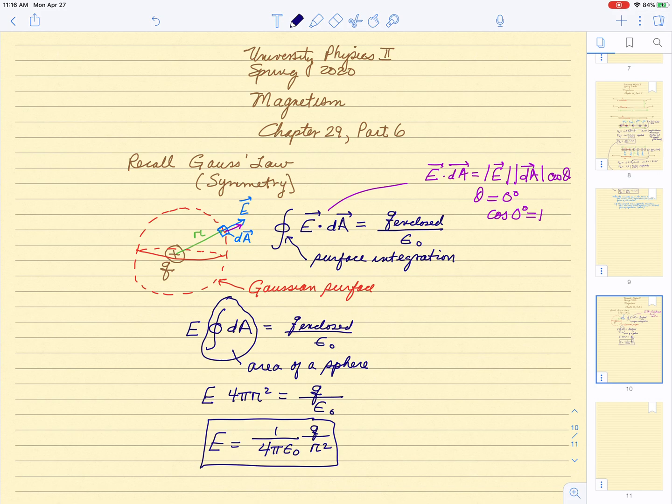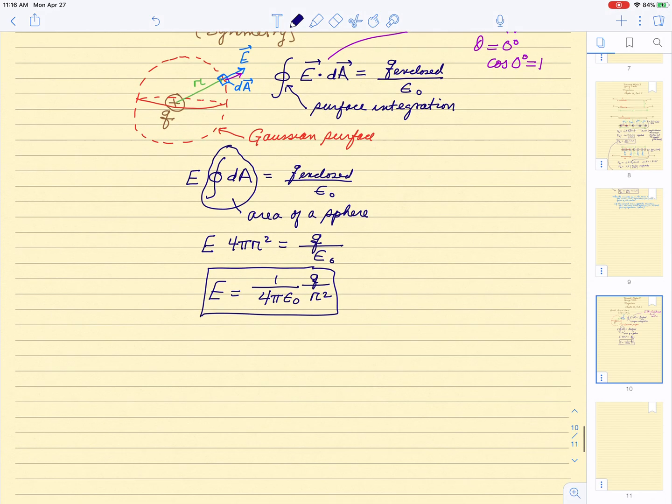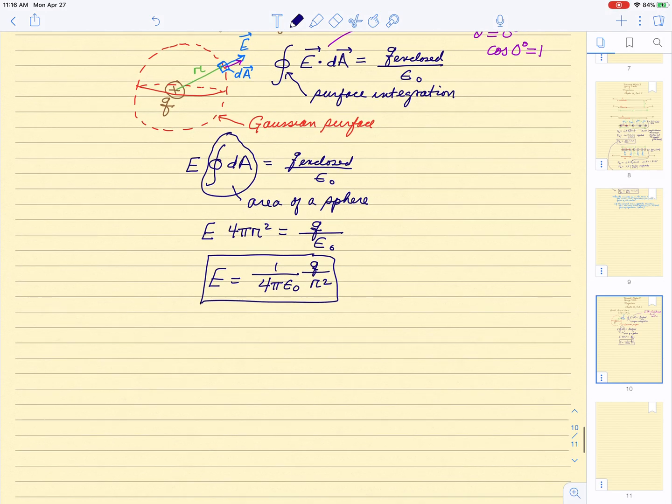So that's just an example of how to use Gauss's law. We also did it for a line of charge and for a sheet of charge. So again, highly symmetrical problems. So there's a similar, I should say an analog to this in magnetism,